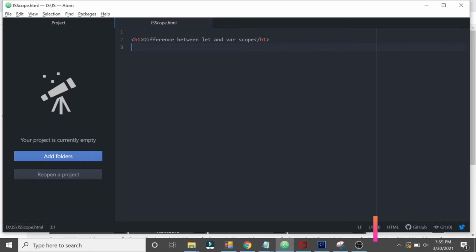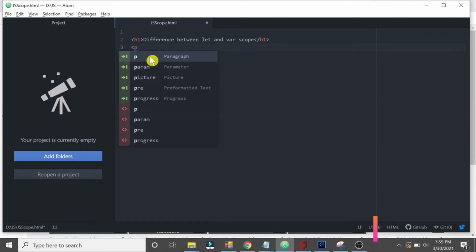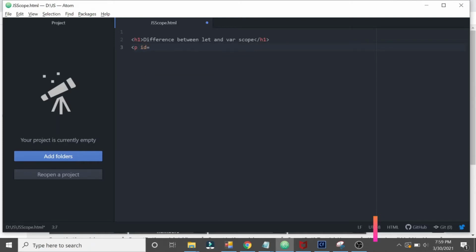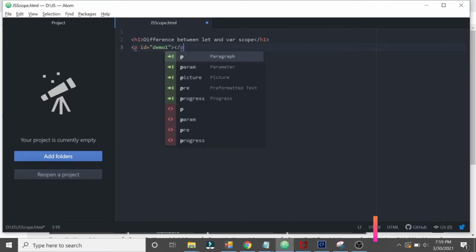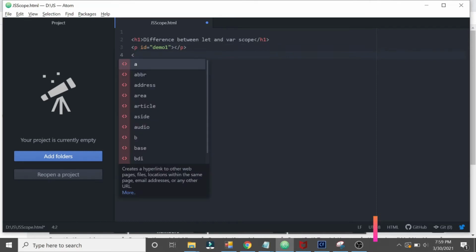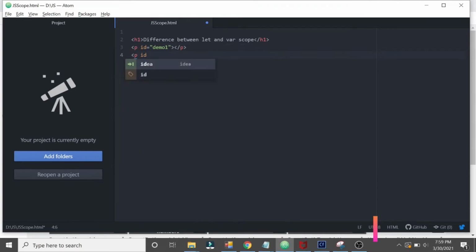So first, let's have a look at a small example. Let me create two p elements with their IDs, demo1, and let me close it, and one more p element with id equal demo2. Let me close that also. Okay, now let me create a script tag and close the script tag, and here inside